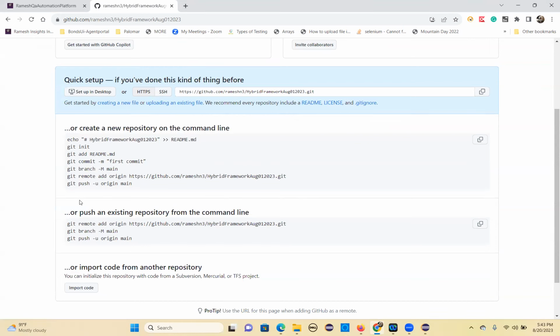So these are the steps. Create a new repository on the command line. Already we did. Push an existing repository from the command line. So we have to do this. This is the one. This is the